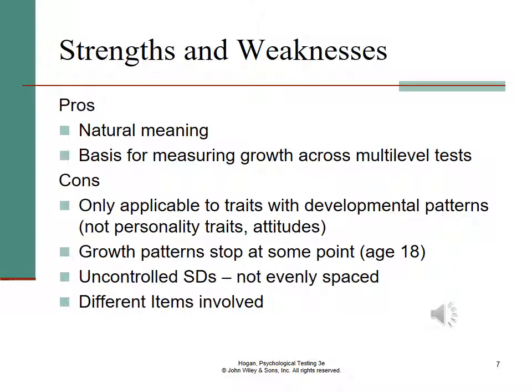The problem with developmental norms is that growth stops at some point, so it doesn't really make sense to say someone's intellectual functioning is at a 25 versus 35 versus 45-year-old level. Those are about the same, unless we're talking about physical functioning, where there might be some difference. Also, developmental stages are not evenly spaced. The difference between a 1 and 3-year-old is huge, but the difference between an 11 and 13-year-old is not nearly as much.